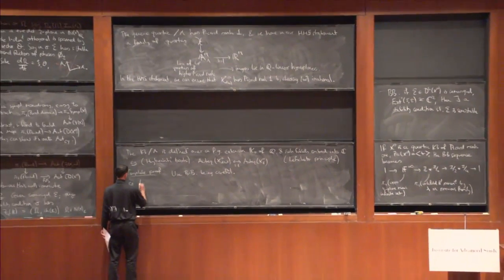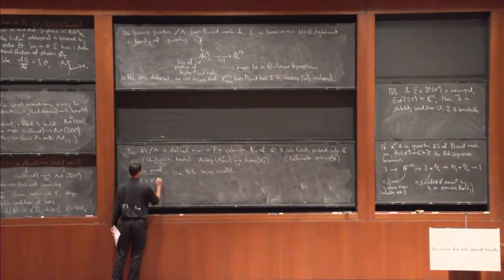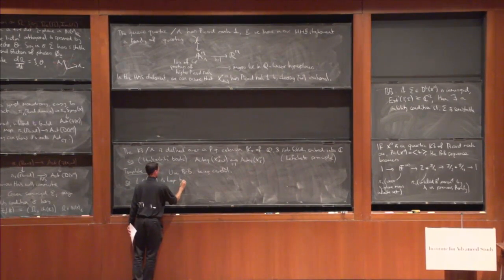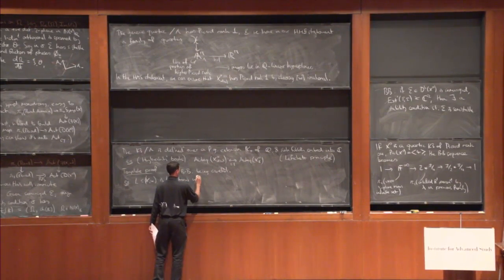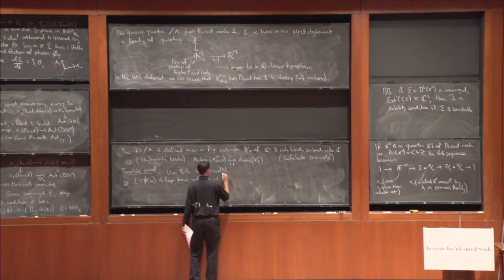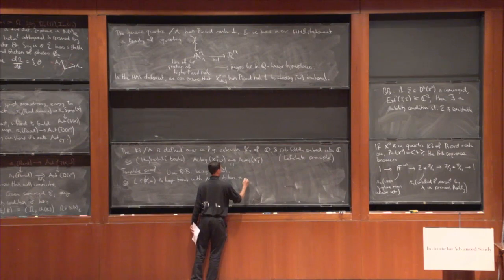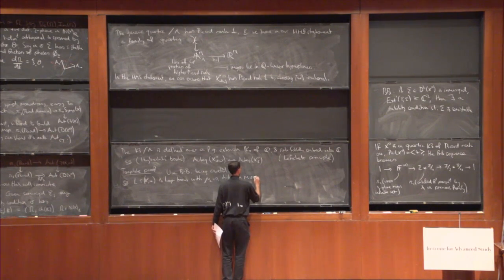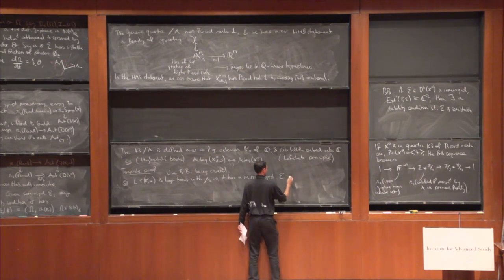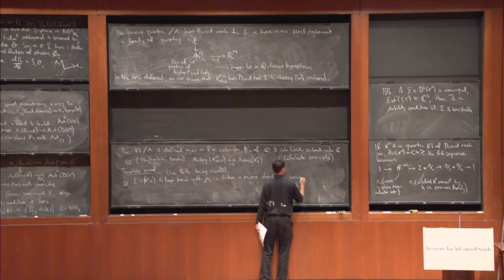So for instance, if L inside my irrational K3 is a Lagrangian torus with Maslov class 0, then it has a mirror object